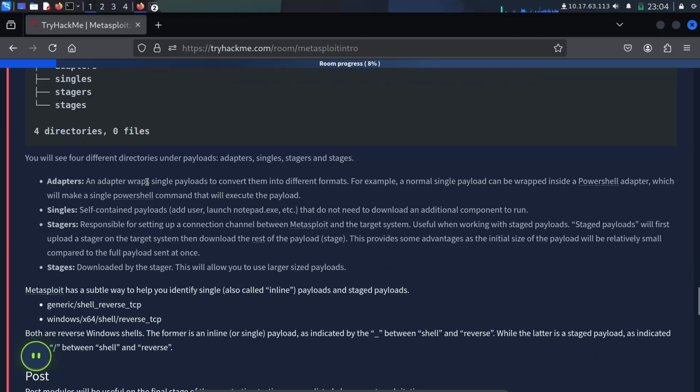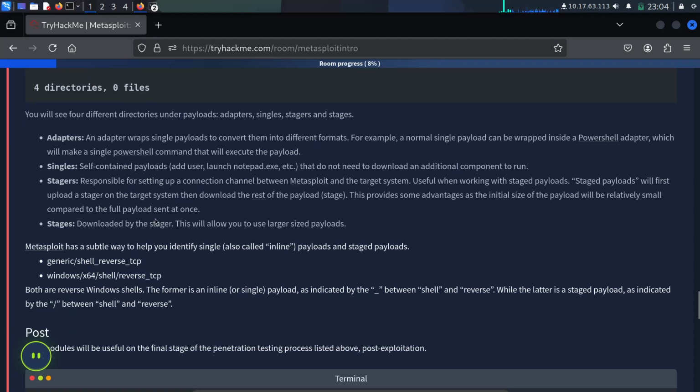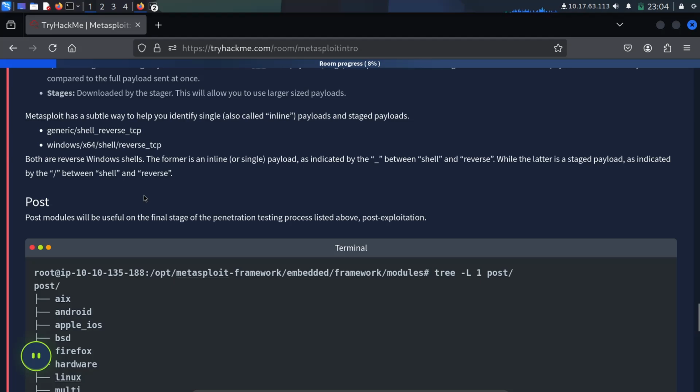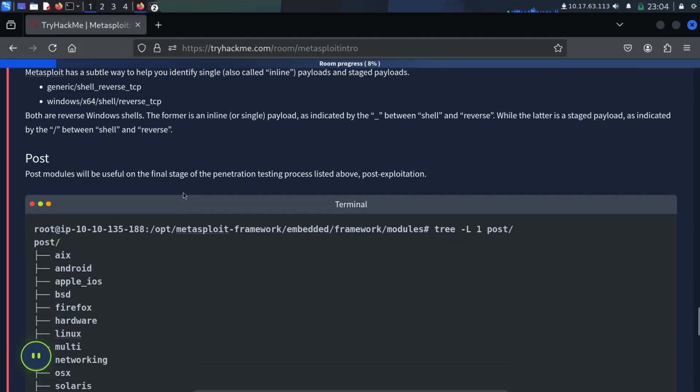We'll see four different directories under payload: adapters, singles, stagers, and stages. Metasploit has a subtle way to help you identify single, also called inline, payloads, and staged payloads. Take generic/shell_reverse_tcp and windows/x64/shell/reverse_tcp. For the reverse Windows shell, the former is an inline or single payload, as indicated by the underscore between shell and reverse, while the latter is a staged payload, as indicated by the slash between shell and reverse.